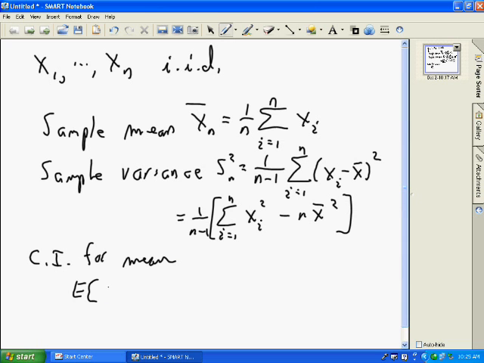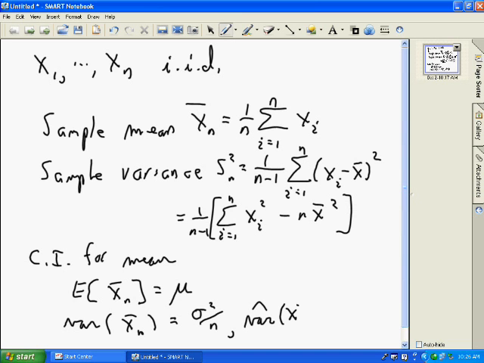The expected value of the mean estimator is equal to the overall population mean, and the variance of this is equal to sigma squared over n, or the estimate for the variance is equal to,